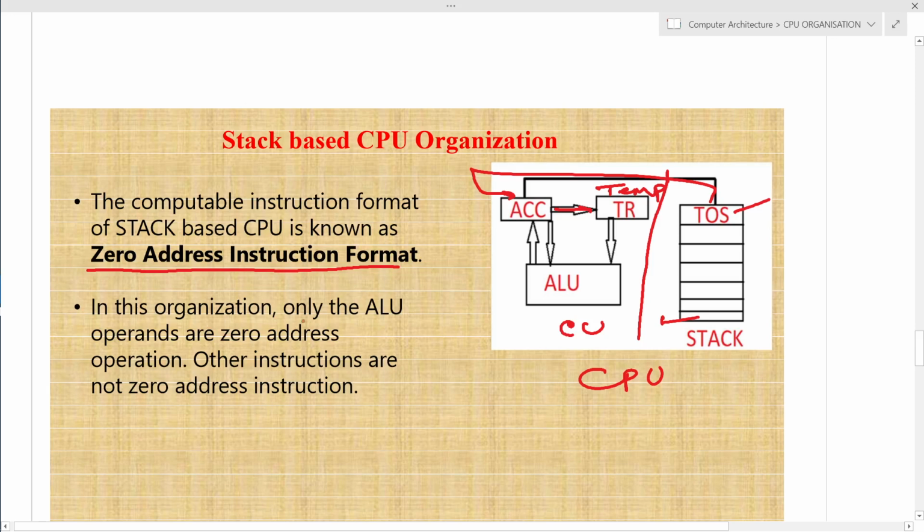So in this organization, only the ALU operations are zero address. Other instructions are not zero address instructions. Only the ALU operations are zero address.